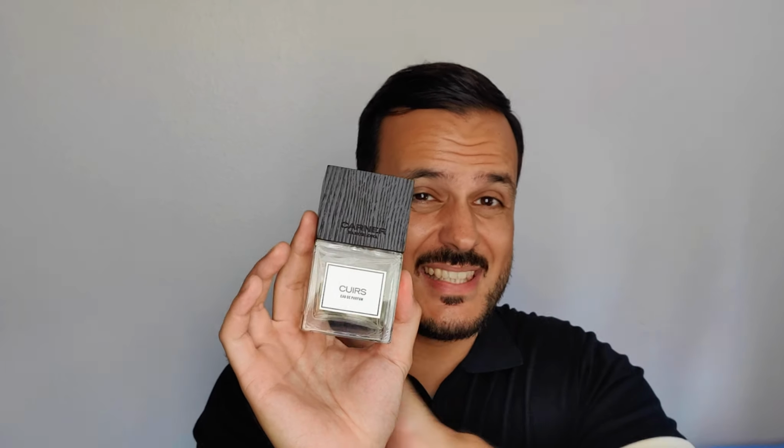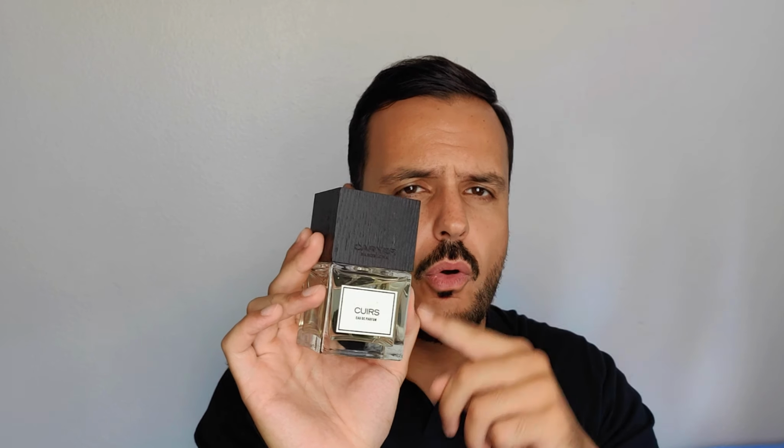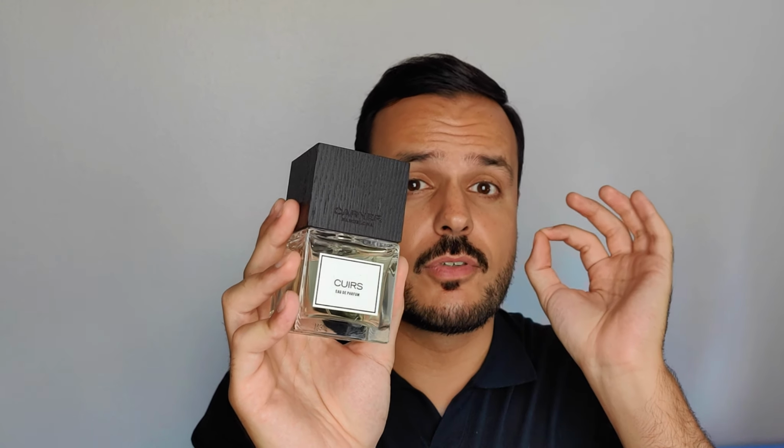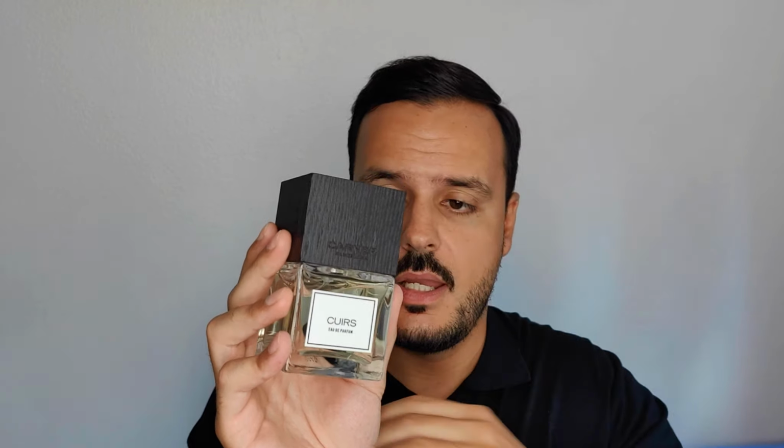If you are not used to those type of fragrances, I think this is perfect to start and to become familiarized with the resins, with the dark resins, with the leathers. Cuirs by Carne Barcelona, it's a high quality fragrance. Eau de Parfum concentration. Nowadays I think the price I can see is 160 euros, but for 100 ml you have an amazing perfume, a high quality fragrance that will make you stand out, and